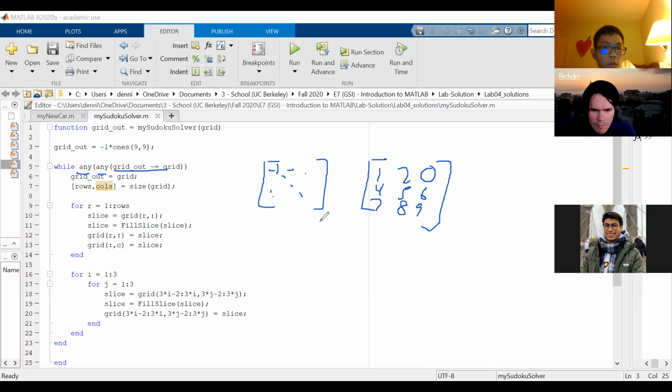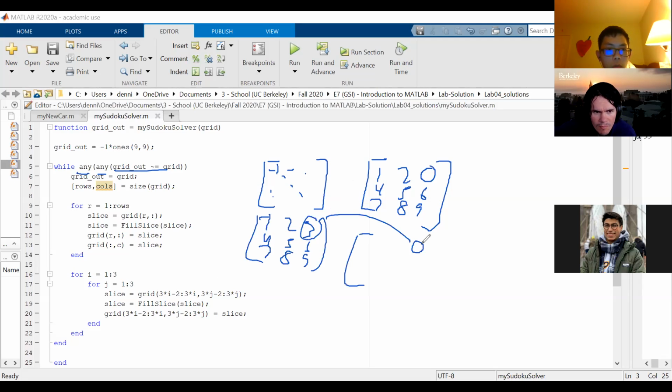What I'm wondering is, once this is filled out, if this is 1, 2, 3, 4, 5, 6, 7, 8, 9, this is not going to be equal to 0, to my understanding, unless... oh, I see what they're doing, because they reassign what grid is. For example, here,